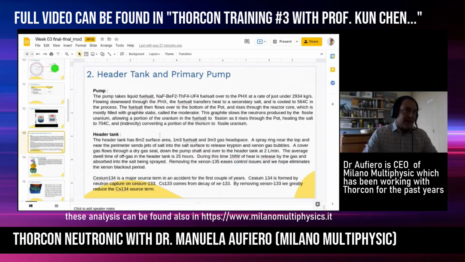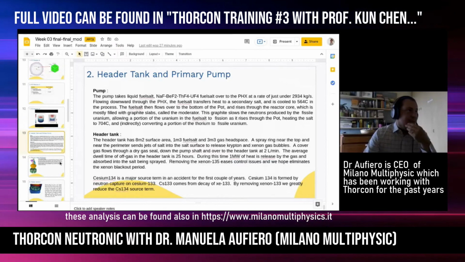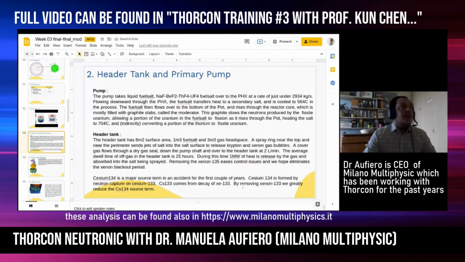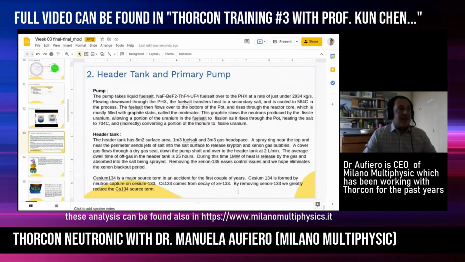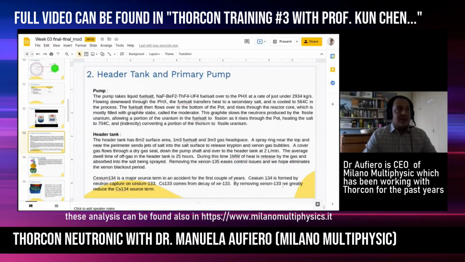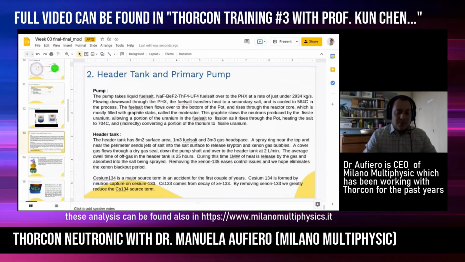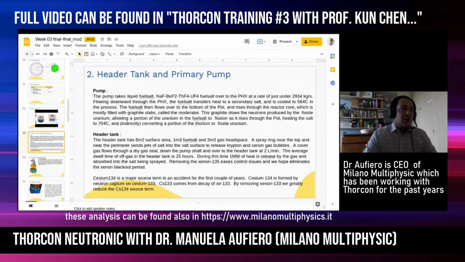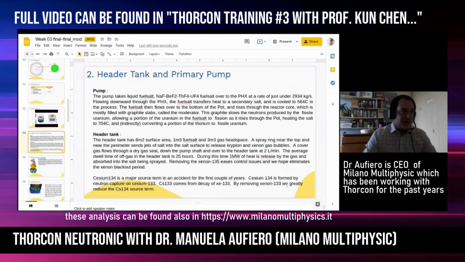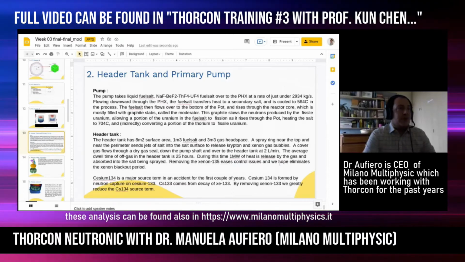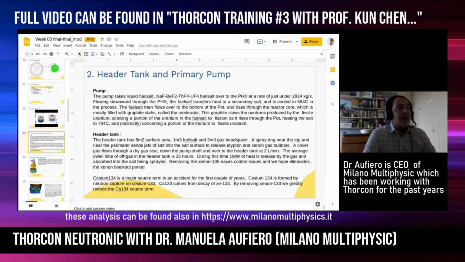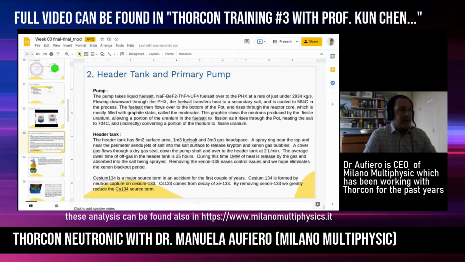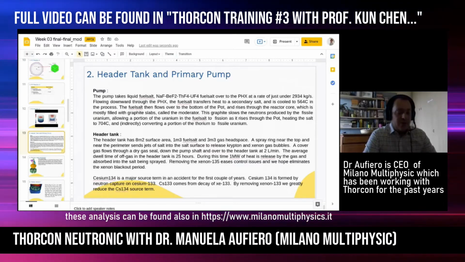The header tank is placed again on the top part of the primary loop and provides surface area to facilitate the removal of gas from the salt. So basically, it provides a space for the salt to gas interface. There is a continuous purging of helium, currently set at 2 liters per minute. We will see in a few slides the path of the off-gas system